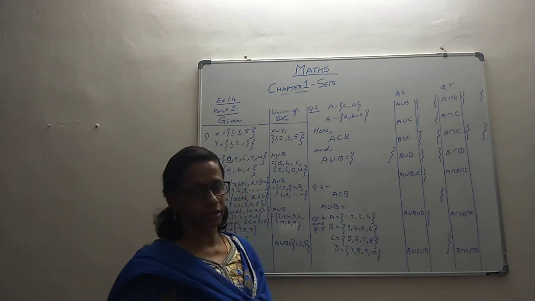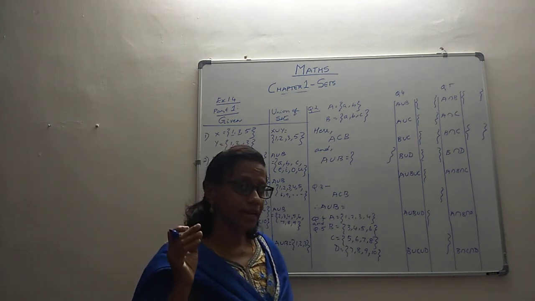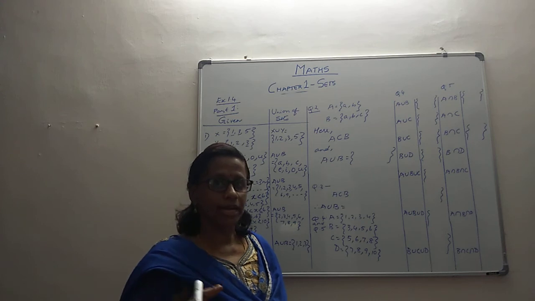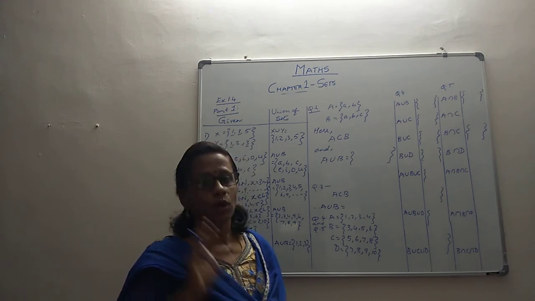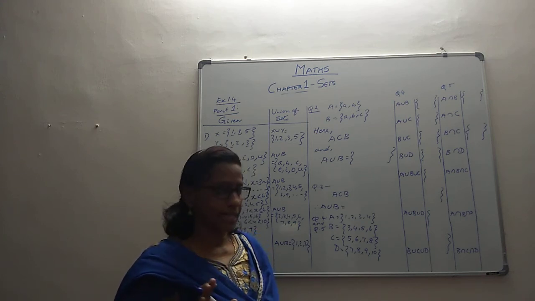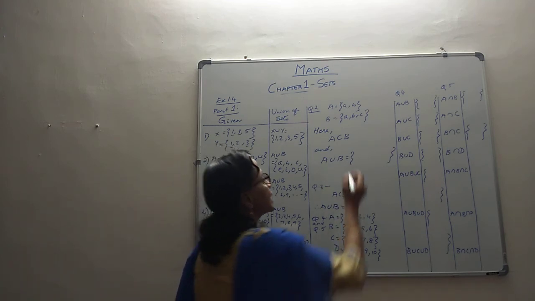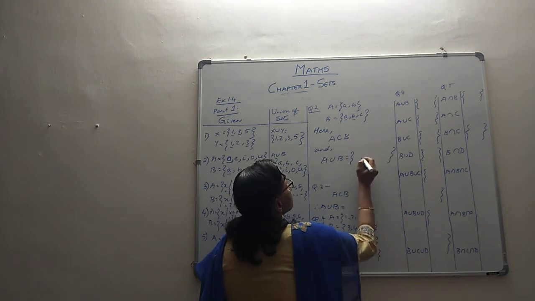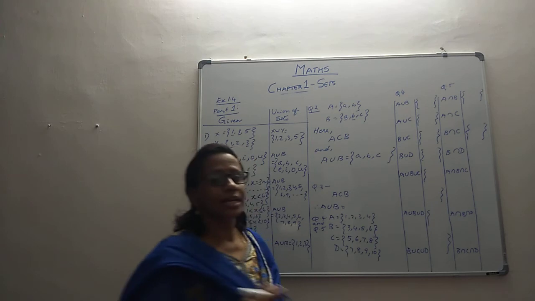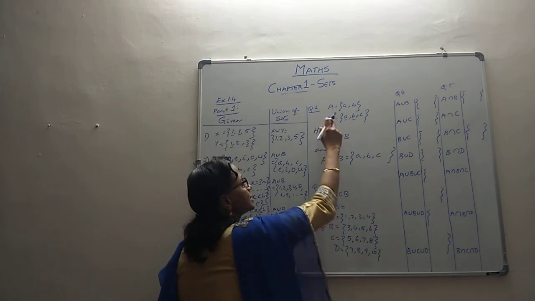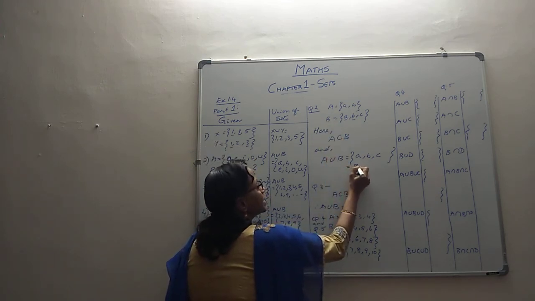We have learnt in the previous question that whenever we are writing the union, we are going to write the elements of both the sets. Whatever is common, that we will write only once. Now amongst A and B, we have got these elements a and b as common. So therefore, when we write the common elements only once, we land up in the bigger set itself. Actually, we have got the bigger set itself.